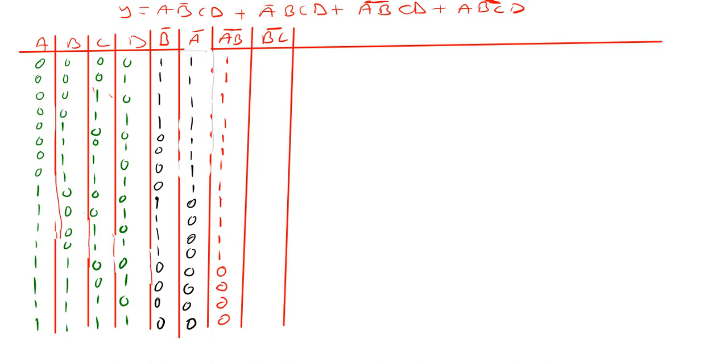Then also for this BC, we take the input B, we multiply with C, and we negate. So 0 and 0 we get 0, we negate, we get 1. So we shall write 1. If it is 1 and 1, or 1 and 0, we normally get a 0; we negate, we get 1. So when you do that, for BC we will get,